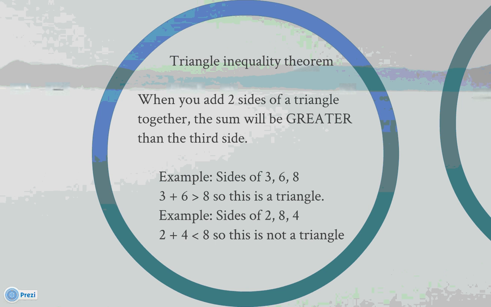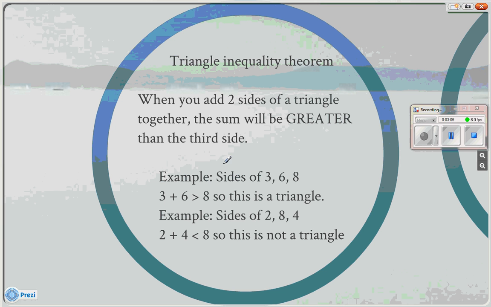Okay, the last thing to look at, and probably the newest concept, is the triangle inequality theorem. This theorem is when you add two sides of a triangle together, the sum will be greater than the third side. So what I always say is add the two smaller sides and see if it equals to be bigger than the third side. So if you look at our first example, you have sides of 3, 6, and 8,